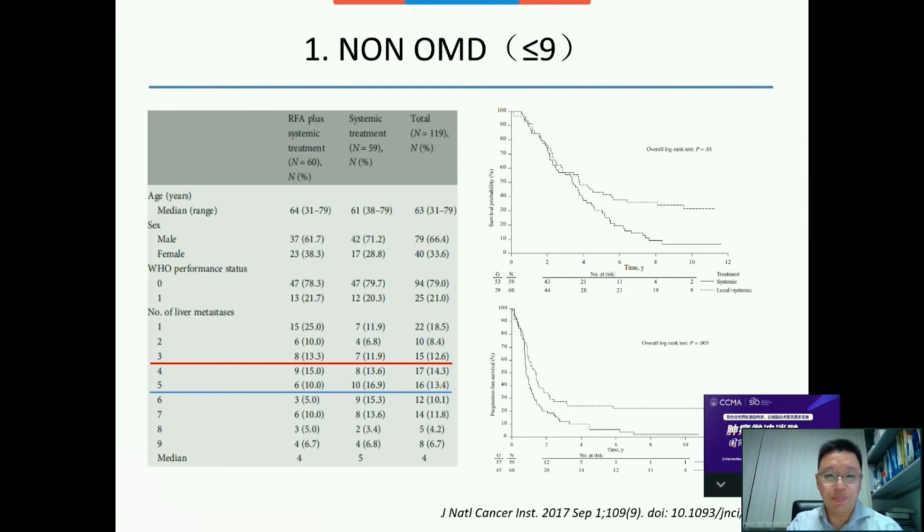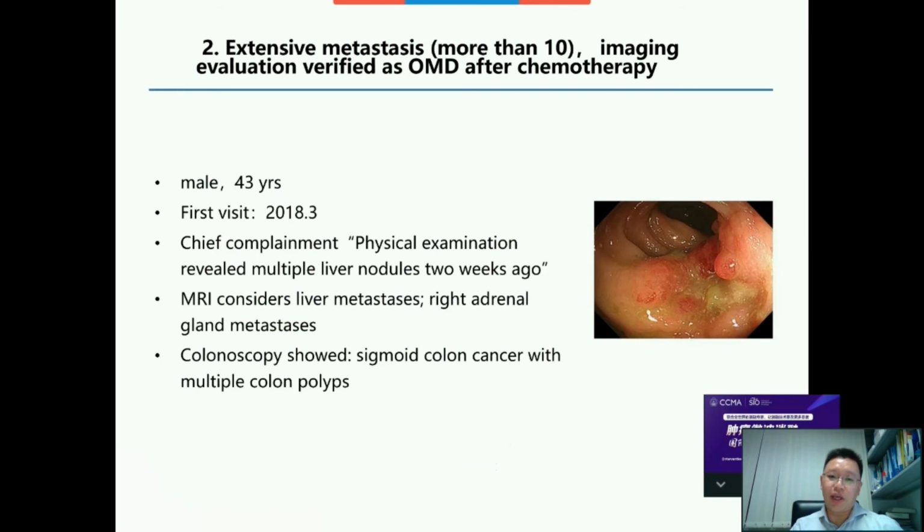So for number 1, non-OMD with fewer than 9 lesions, JNCI published an article that compared with chemotherapy alone, chemotherapy combined with radiofrequency can improve the overall survival of patients by 4.7 months. Number 2, extensive metastasis of more than 10 lesions, imaging evaluation verified as OMD after chemotherapy. So for example, this